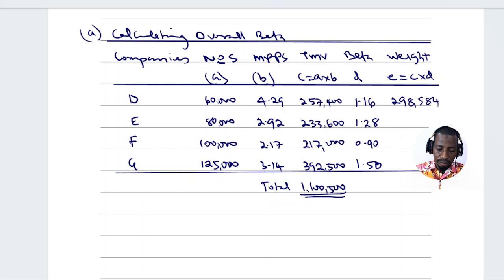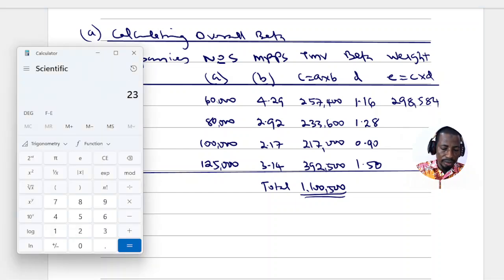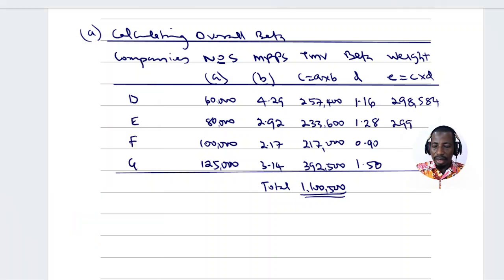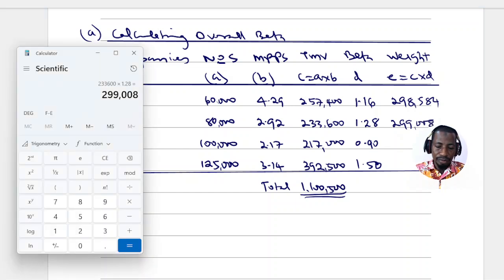Next one, 233,600 multiplied by 1.28 equal 299,008. Next one,